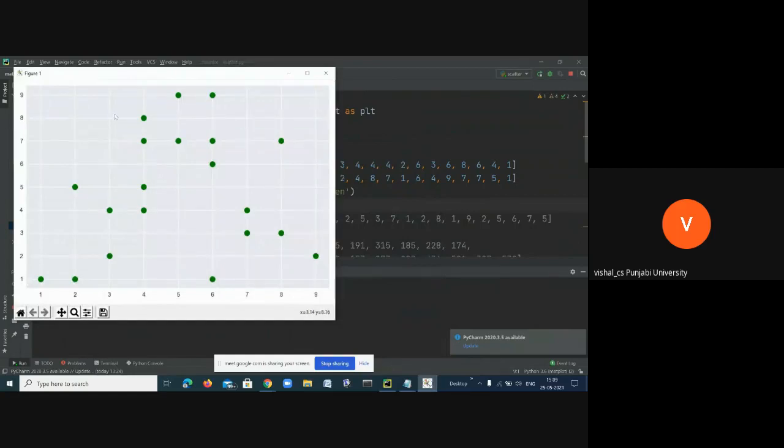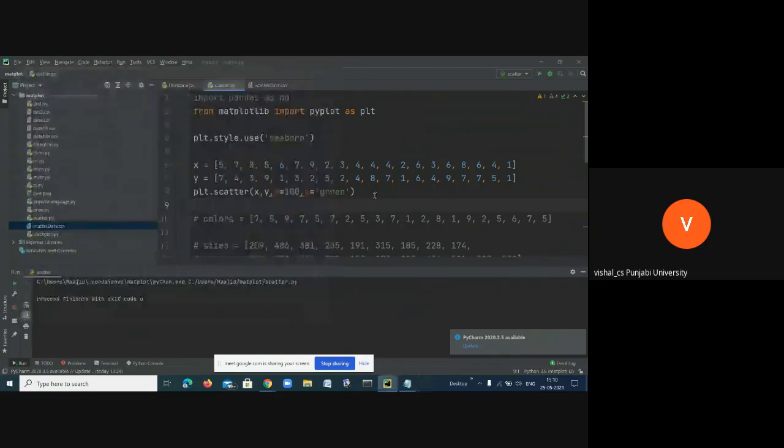Now you can see these dots are represented by a marker that is known as a circle. This is one circle, this is one circle, and so on. We can also change this marker. This is the marker, a circle. We can change this marker by passing an argument known as marker.